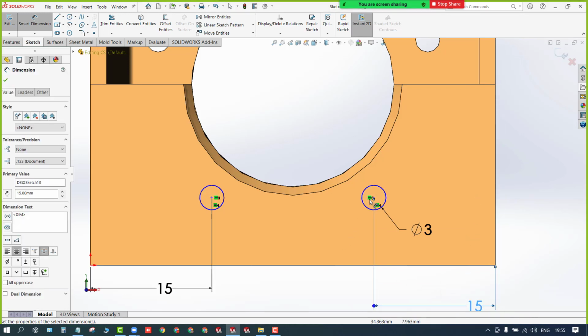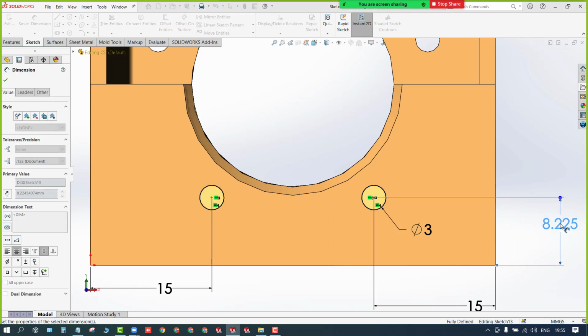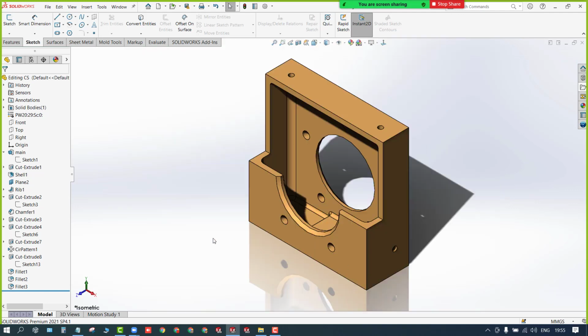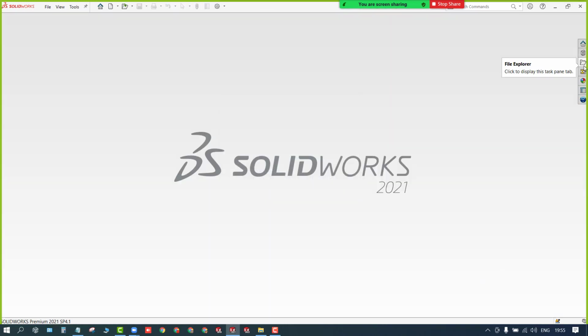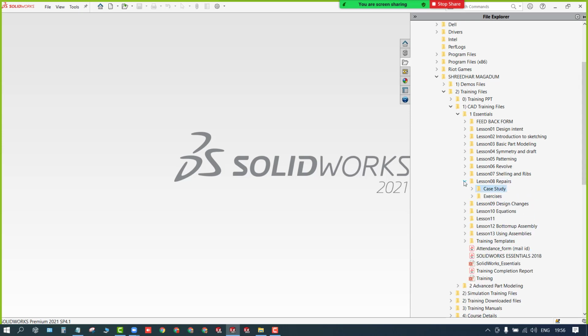But still it is underdefined. You can define the distance between these. Clear? Yes. Any doubts? If you get any errors and warnings in the model, you can solve them, isn't it? Yes. Just practice the same case study, not the exercises. If you have time, you can deal with the others. Okay.